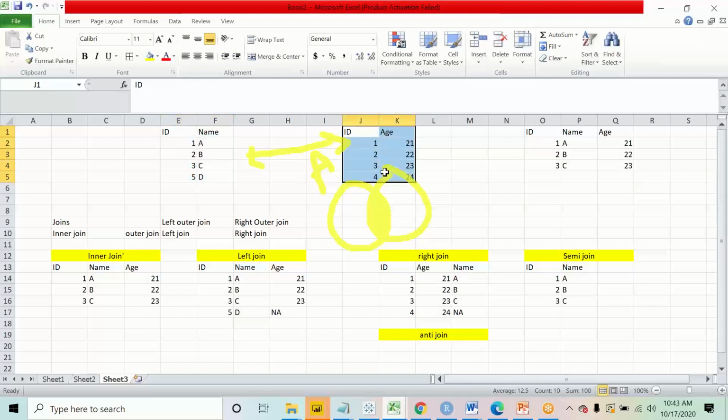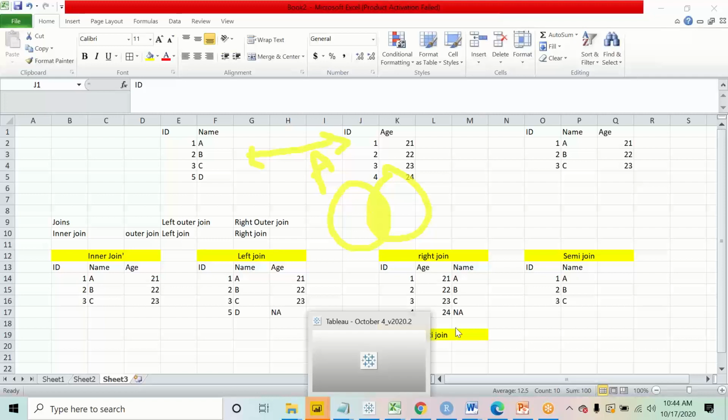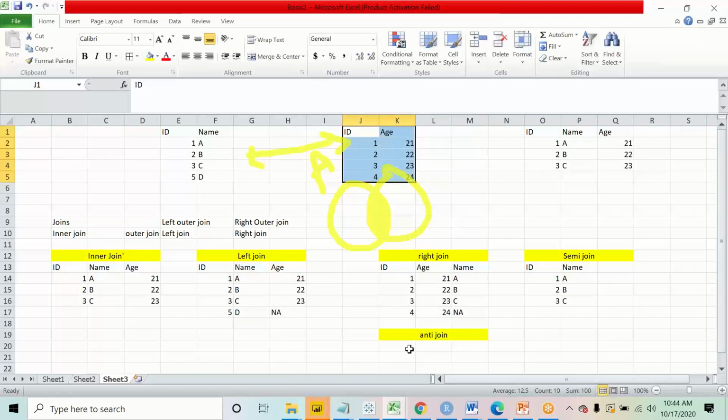All of you quickly give me the answer. Perfect, so 5 and D. I will get ID and name in the output, and the output will be 5, and the name will be D.